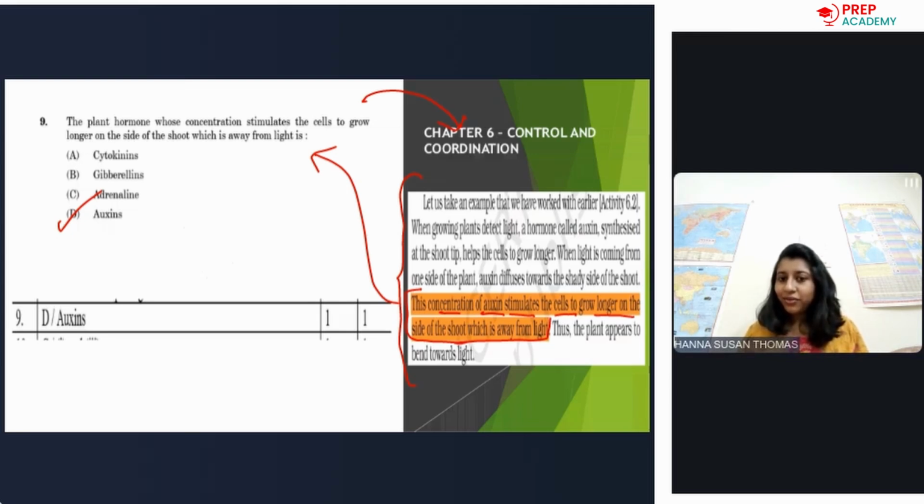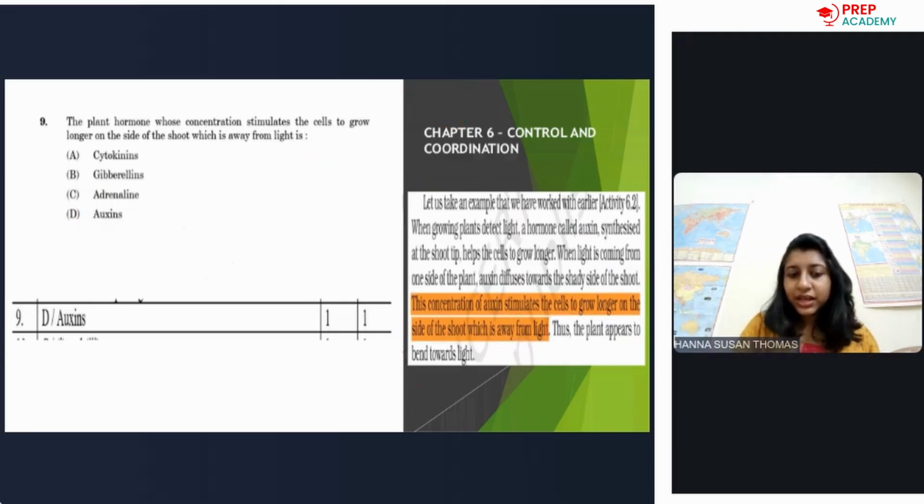And the answer is option D, auxins. So, we have only discussed two questions so far. And I hope you understand the importance of reading, understanding, and revising the concepts that are given in your textbook. It's very important. Okay, it's very important. Next question,